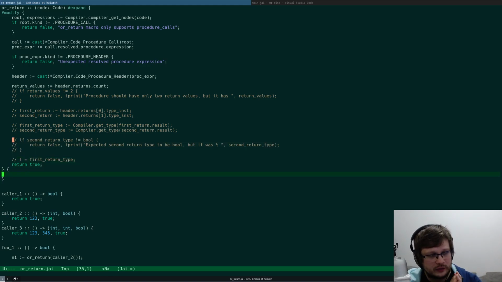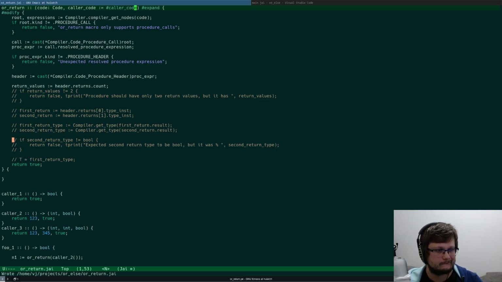Actually, our macro itself is not going to return anything because it is going to insert code into the caller scope. What I want to do here, I also want to accept the caller code. I think that's what we will need.